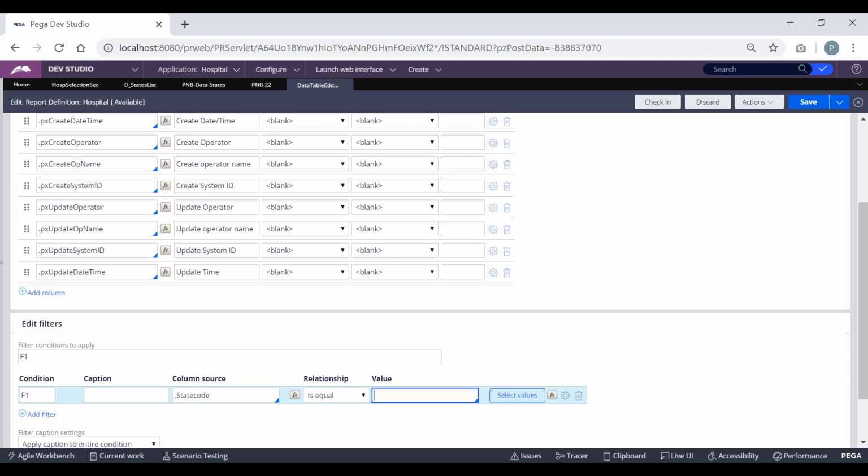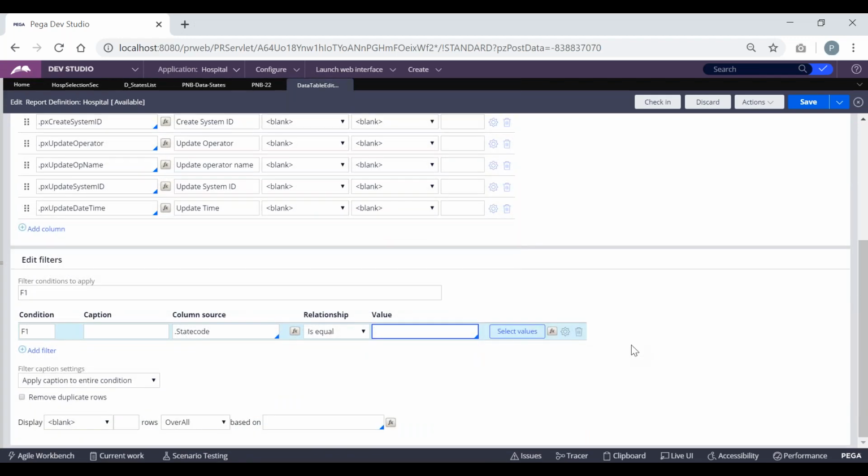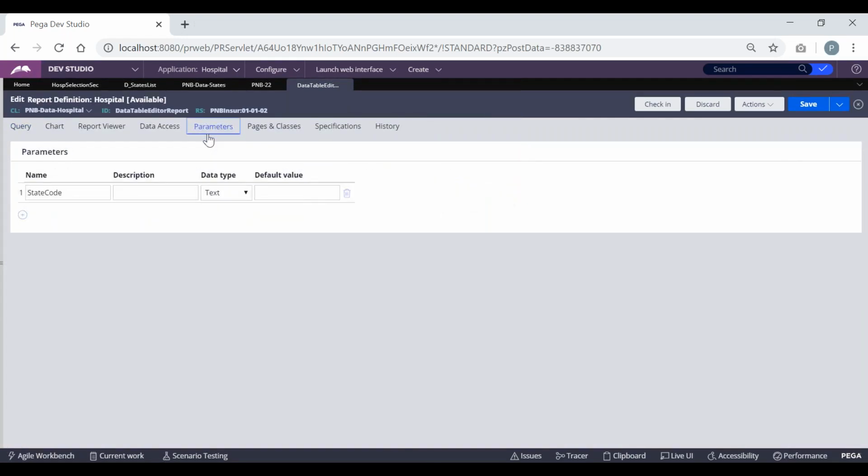So whatever parameter value we are defining, based on that parameter value only we have to filter the results. So for that we have to define the parameter value. Remember this blindly: wherever you are trying to use the parameter value, either as a condition or anywhere, the first thing is to define it in the parameters tab.